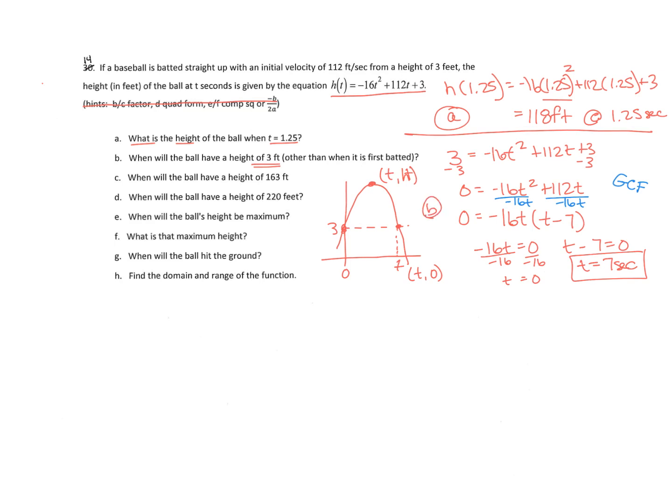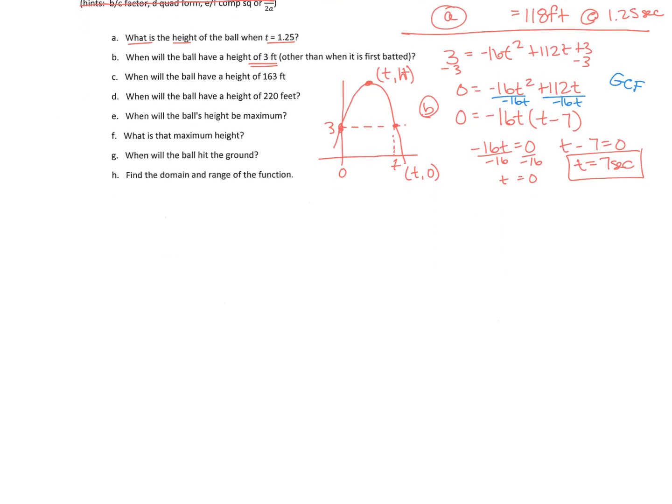So let's take a look at C. It says, when will the ball have a height of 163 feet? So for part C, I want to know when it's going to have a height of 163 feet. So I'm going to let h be 163 equals negative 16t squared plus 112t plus 3. Again, I can't really get started until I subtract my 163 from both sides, and I get 0 equals negative 16t squared plus 112t